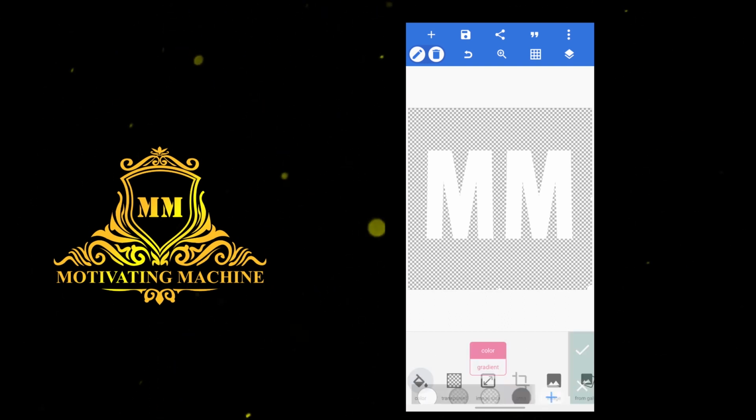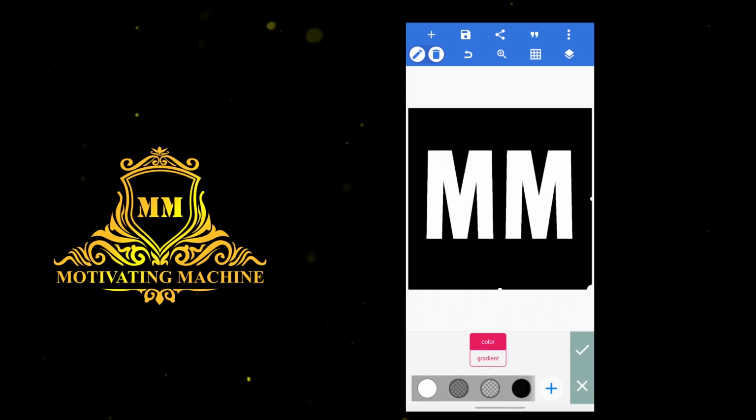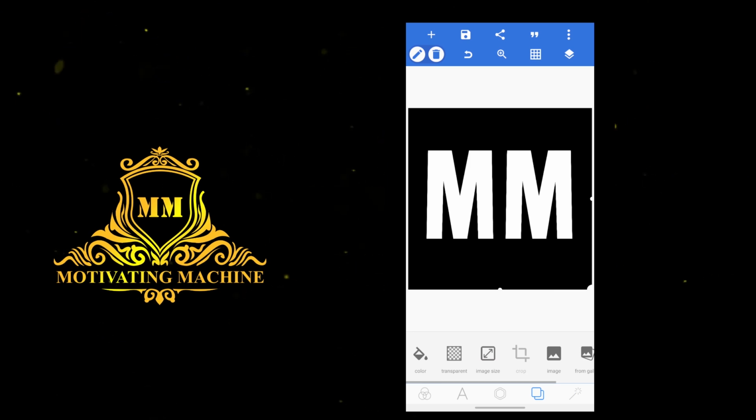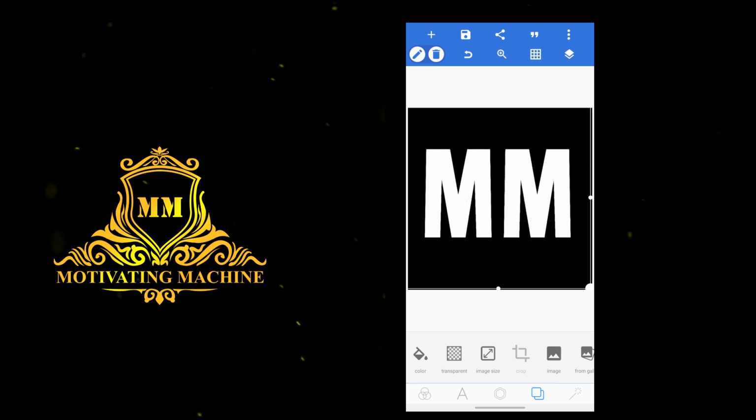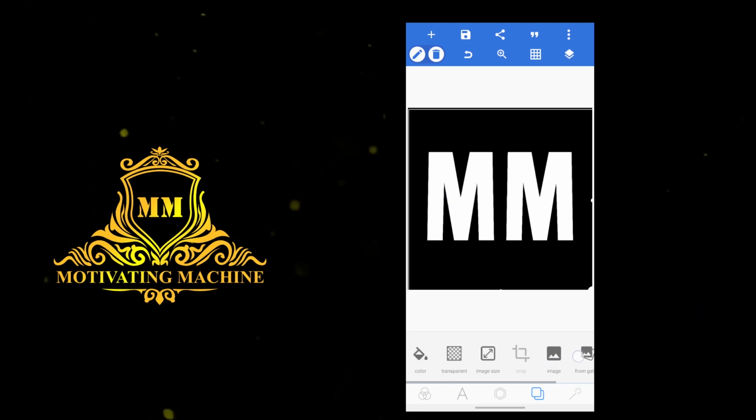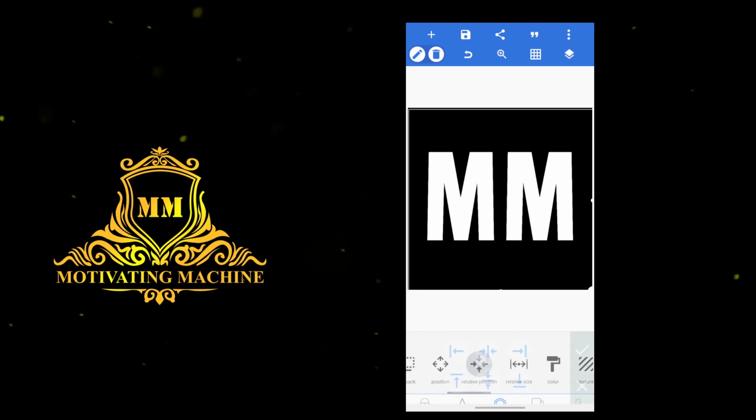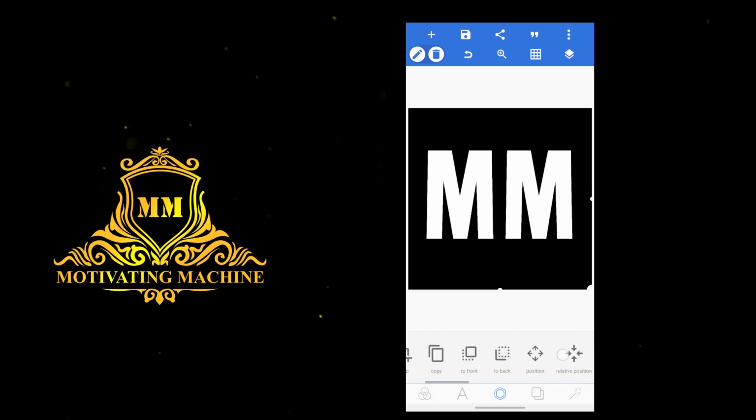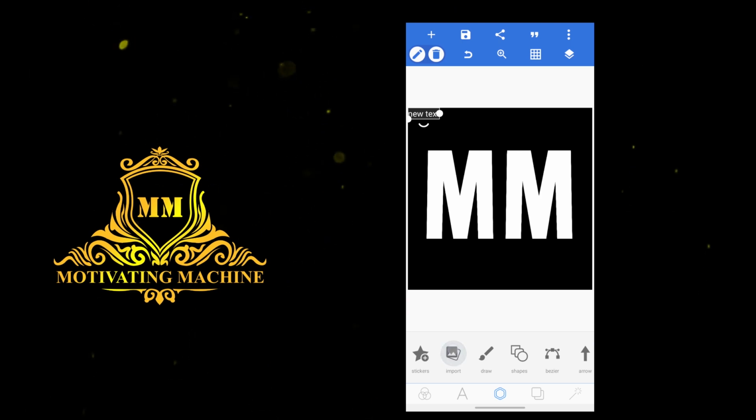Now make this background black so that our logo will be clearly visible. Our shape button won't be there till we have selected any image, you can see. So we'll bring in any text for some time. Now our shape option is there.